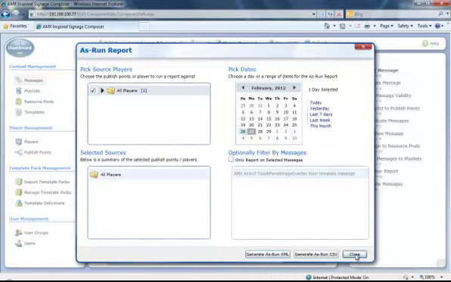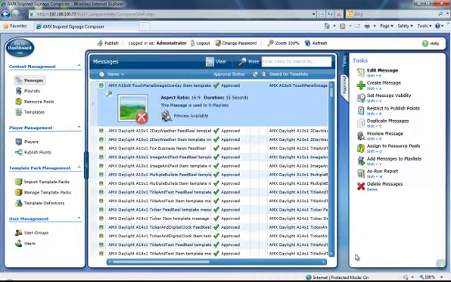So that's how you get back message play reports. We'll close that. The second thing that I'd like to show you is our ability in Composer 5.4 to display